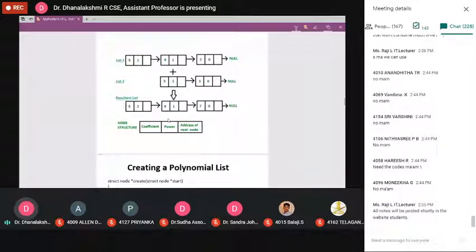Routine creation, insertion, and all, we will discuss in the routine part. Now I am going to explain the basic concept of the routine addition of polynomials 1 and 2. The first case, we have to consider the first node. For that, we need 2 pointers.